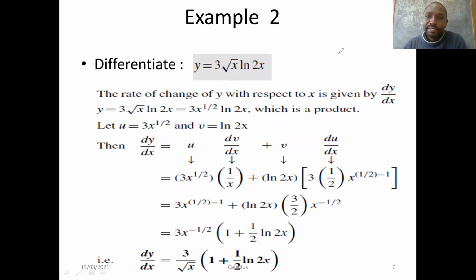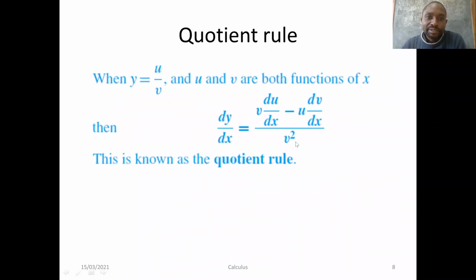We can move further now to look at the second method of differentiation, which is the quotient rule. The quotient rule is applied when a function y has two other functions, and they are such that these two functions are dividing each other. You have u over v. Therefore, you can apply